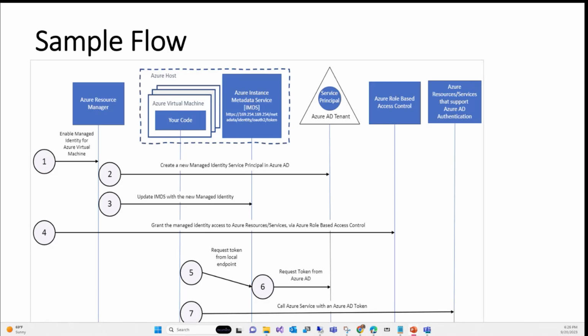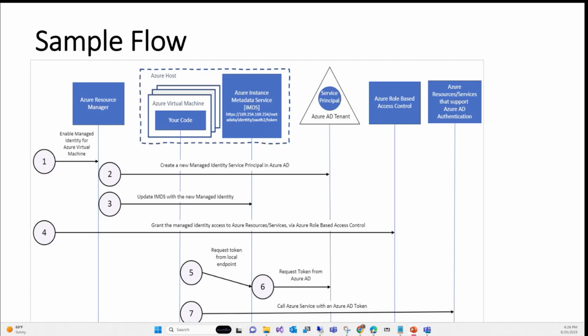Now you enable the identity. Now you go to the resource. So for example, this VM runs a code that talks to Azure Storage or CosmosDB. So you go to the CosmosDB and give the required access, read, write, or whatever you want. That's step number 4. You grant the access that you want.